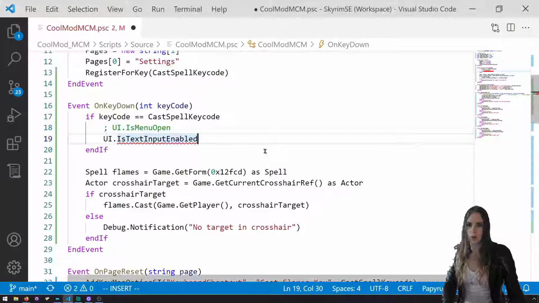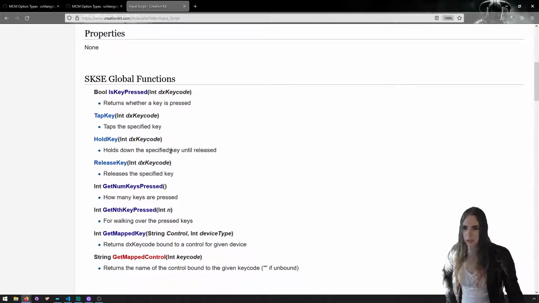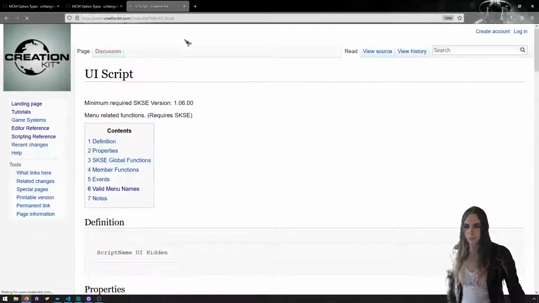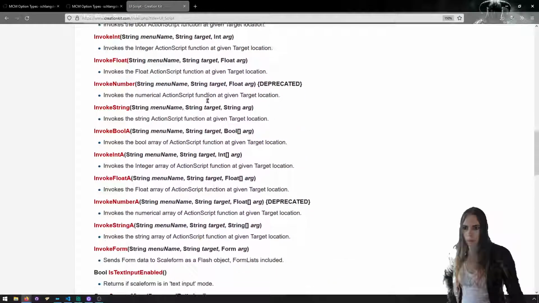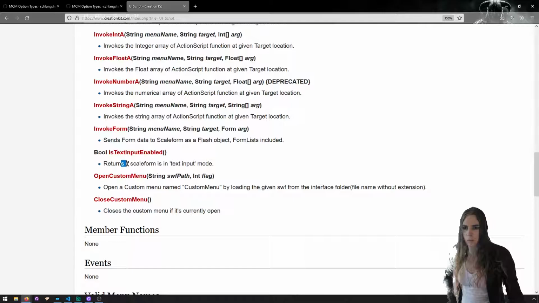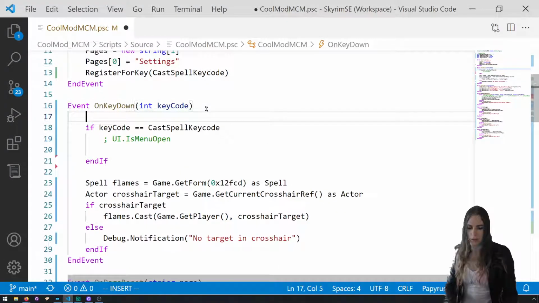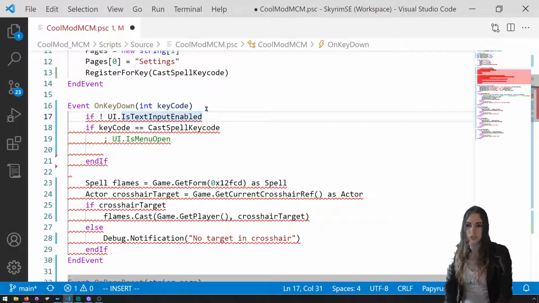And we're looking for is text. Is key press? No, we want, it's on UI, might be. Returns if scaleform is in input mode. Is text input enabled? Do they have better? It doesn't have a wiki page. But I've definitely seen folks say if you are entering text,